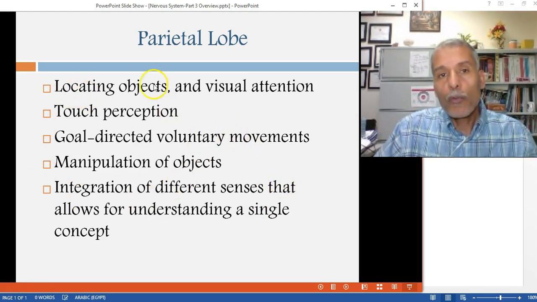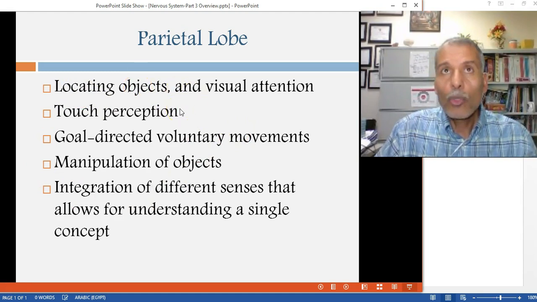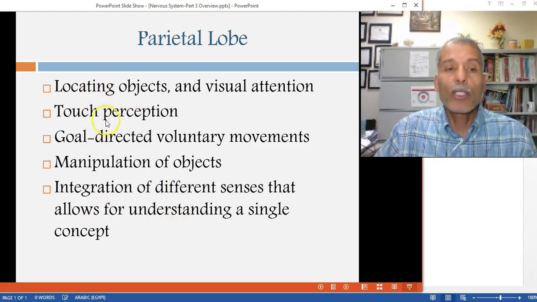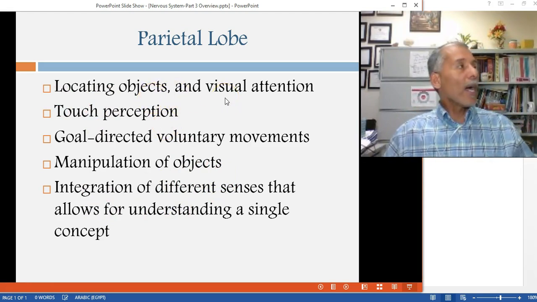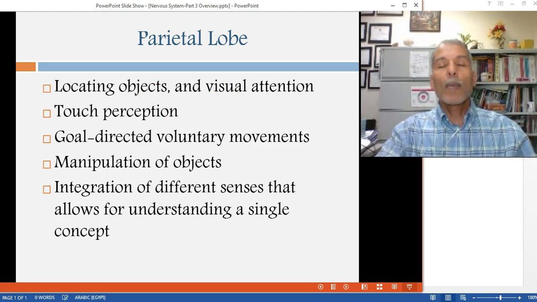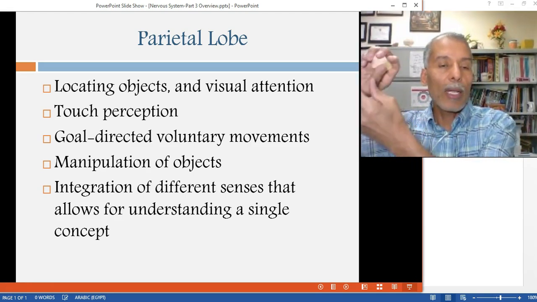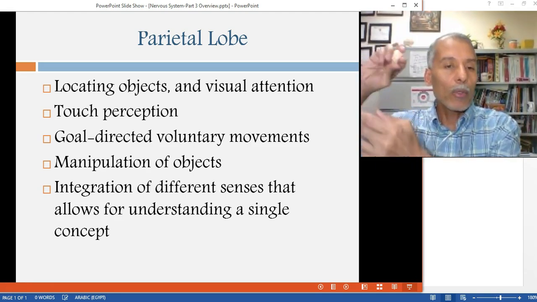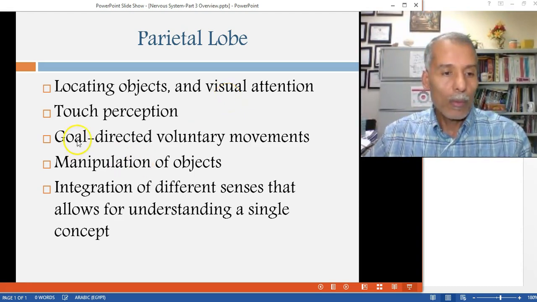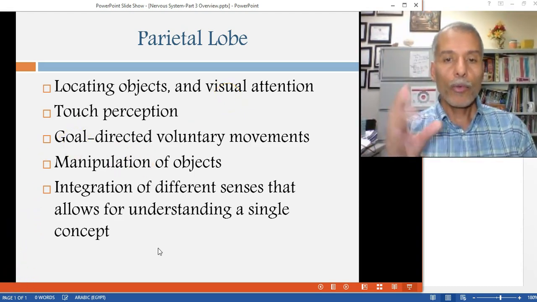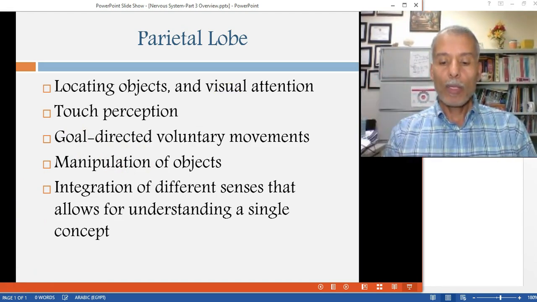The general functions of the parietal lobe include, again, make sure you are able to understand the location of every lobe and the general functions of every lobe. List, say, a number of functions or all the functions of a particular lobe. So locating objects, like say I'm closing my eyes and touching, trying to look for things, and I locate something, and now I hold it, I am able to read it. I'm able to read the information by sensory